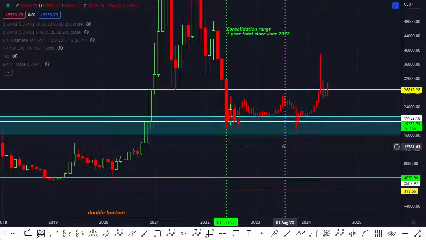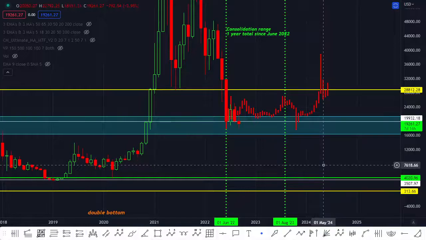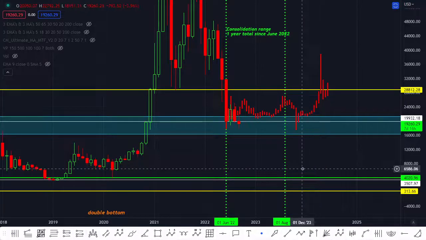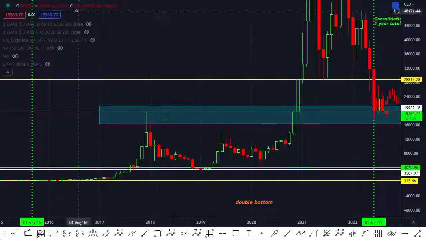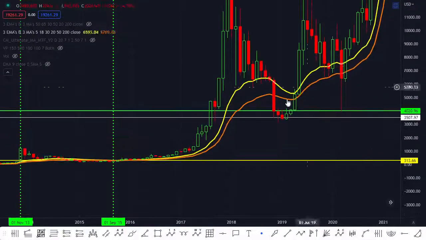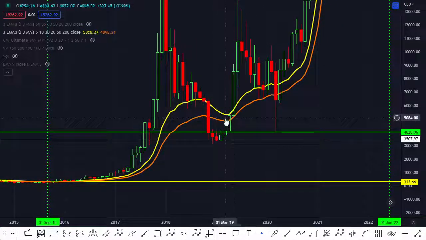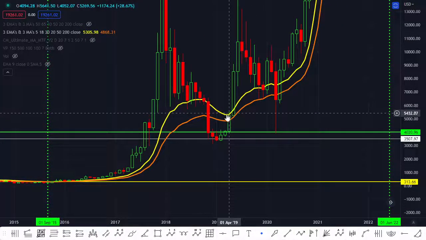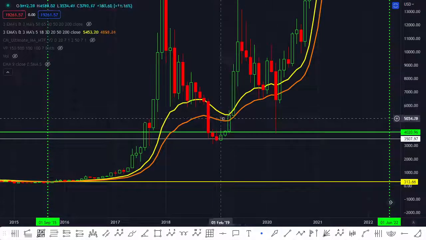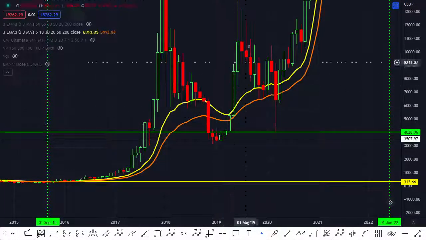This is just my best speculation on how it will play out, because this bull run resembles that 2014-15 bull run so much. But it could happen like the 2017 and 18 bull run. In the 2017 and 18 bull run, you stayed for around 6-7 months consolidating after that huge drop. And then when those EMAs were about to touch, well, we're not really close to each other. I want you to look at these EMAs closely. They were kind of far from each other, and then we just ripped into the new bull run.